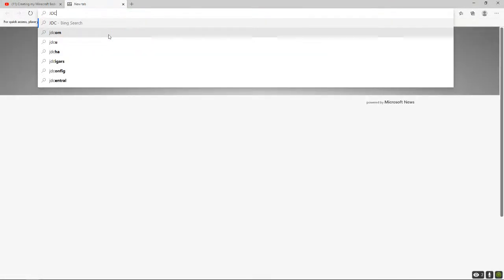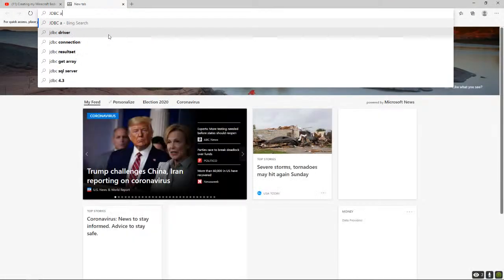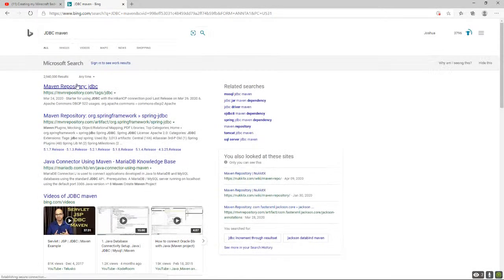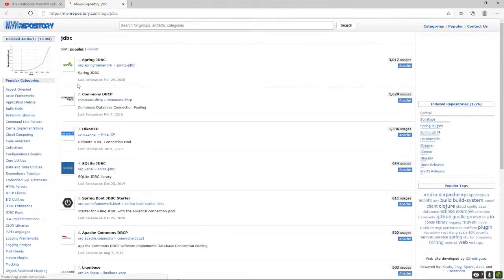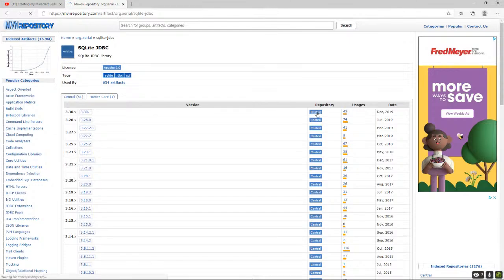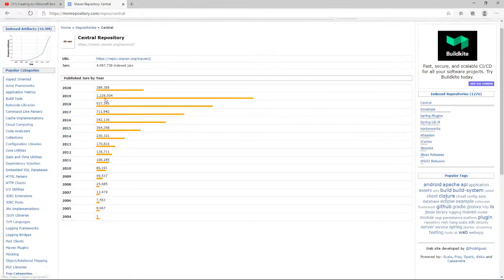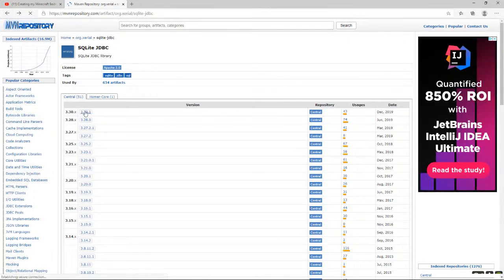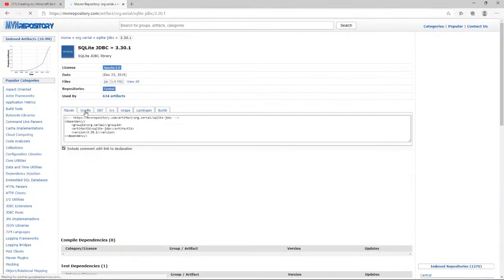So JDBC Maven, SQLite. Let's just use this.